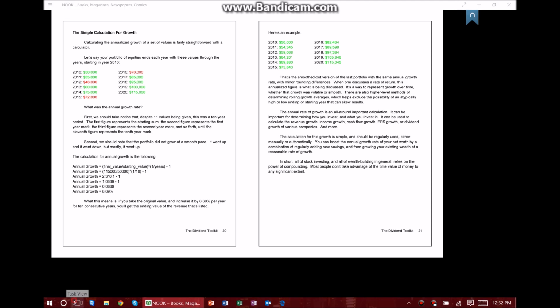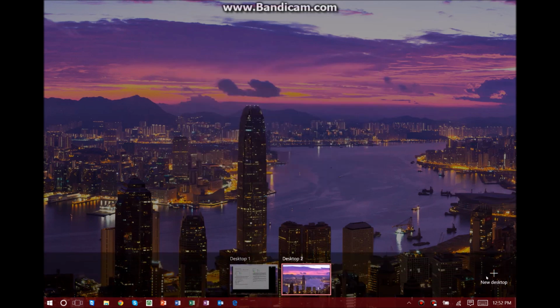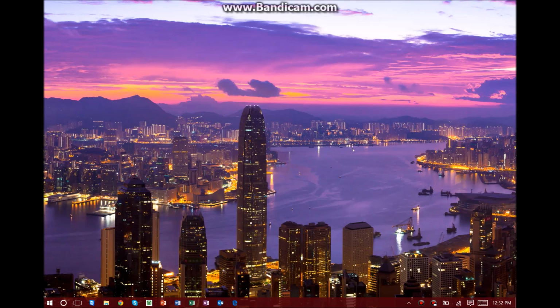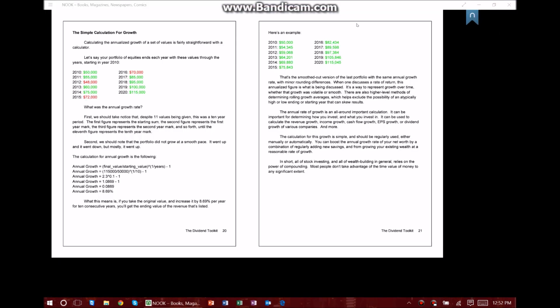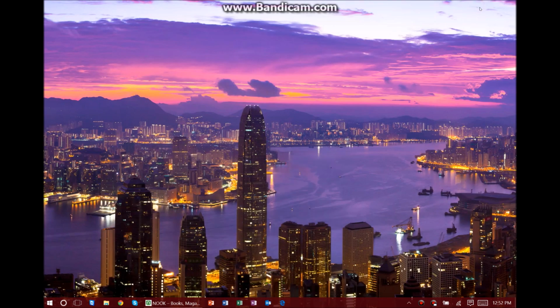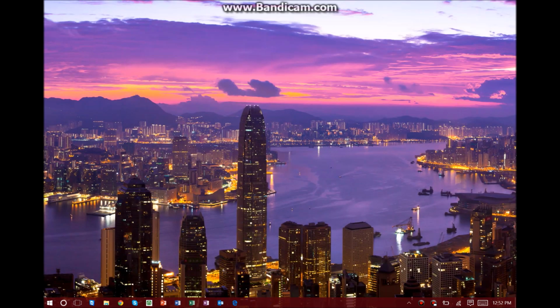So anyway, here I am. This is my first desktop. I'm going to come here and create a second desktop. All right, now here I am down here on the bottom. I'm going to select this and there's nothing open, right? You see that? Now on my other desktop, I've got Nook open. Here's my taskbar. So I've got Nook here, but now on this second desktop, I've got nothing. Well,